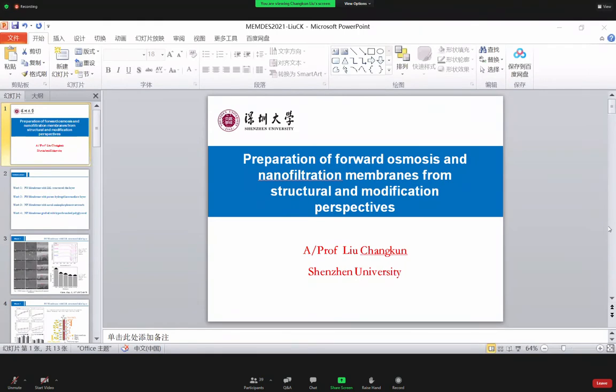So in the first work, we have prepared the forward osmosis membranes with the layer-by-layer structured skin layer. We functionalized the PVDF membranes with polydopamine first, and then we structured the skin layer, while the layer-by-layer means with the reactions of the sodium alginate, the SA, and also the polyethylene imine, the PEI. So we have structured the single, 3, and 5 bilayers with the reactions of the SA and the PEI.